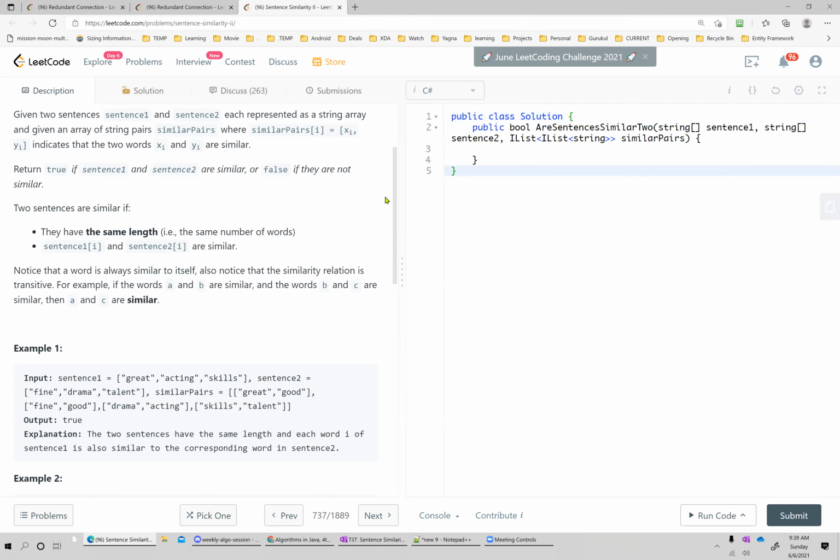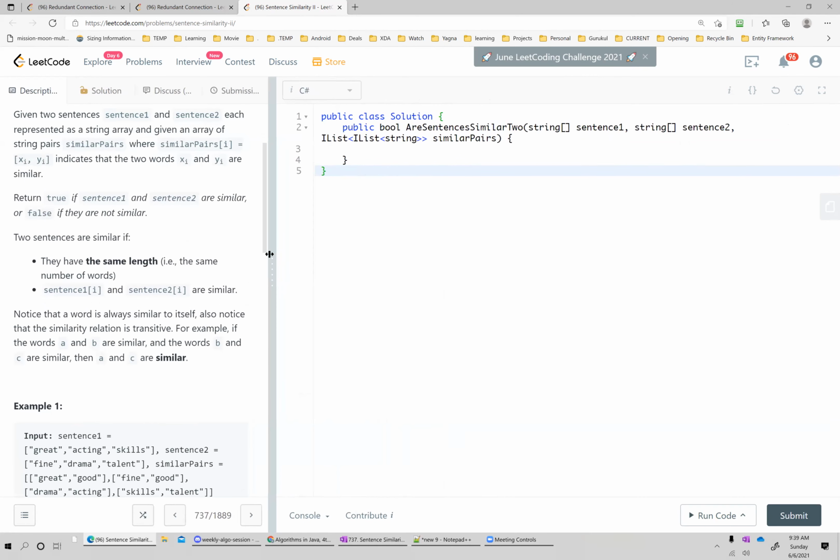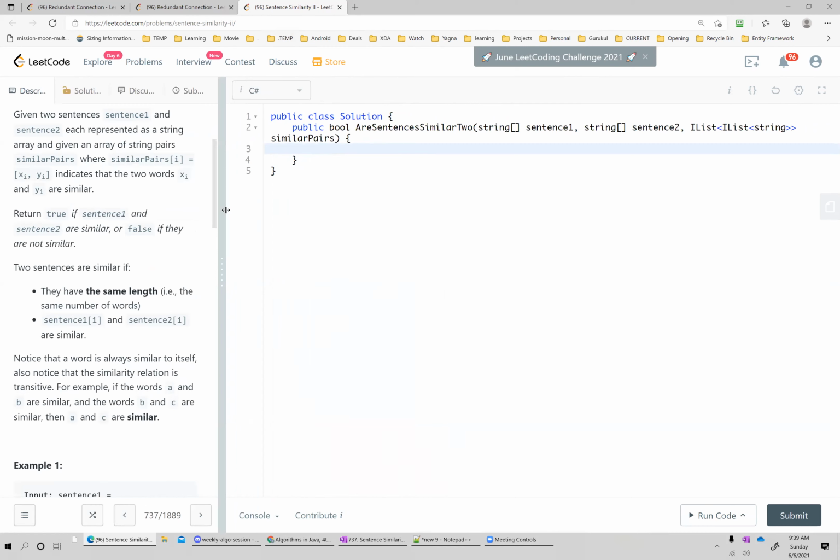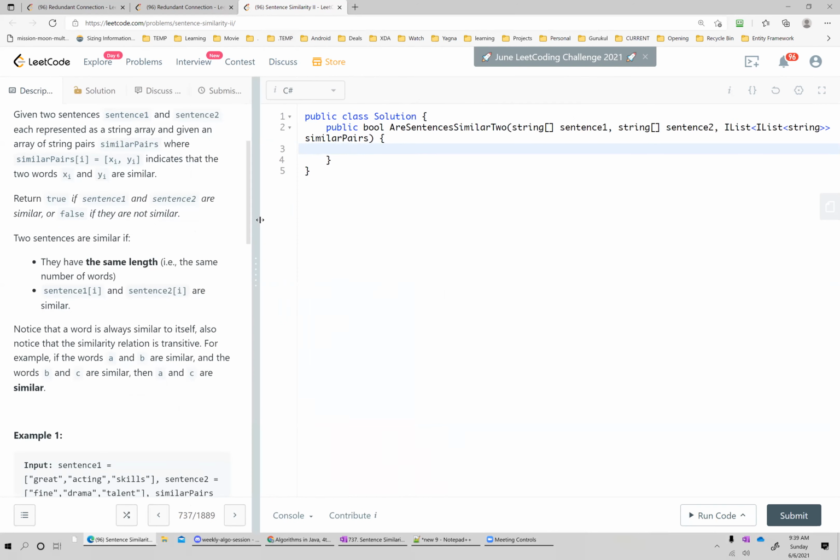Okay, so how can we solve it? It looks like a graph, right? What do you want to do? Any suggestion? Any idea? Adjacency. First, I'll map all words to a particular number, so it becomes easy to represent. So one hash map, word to ID, and each word will be given an ID. Okay. Then form an adjacency matrix.